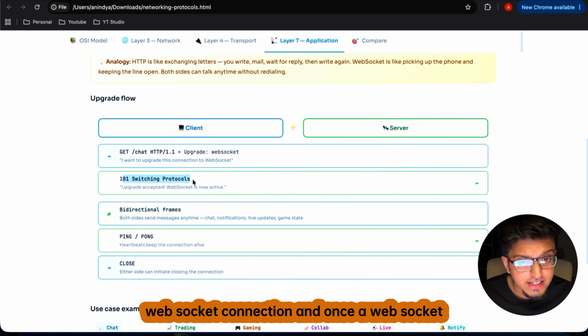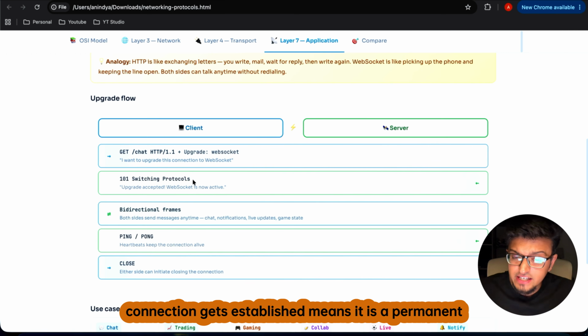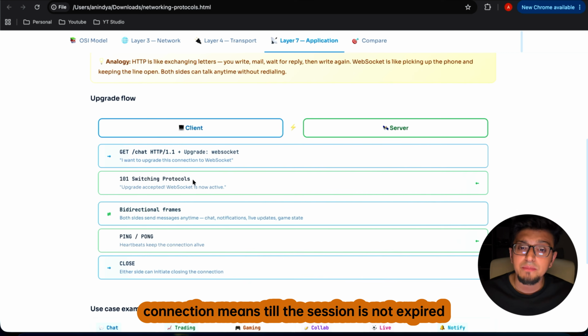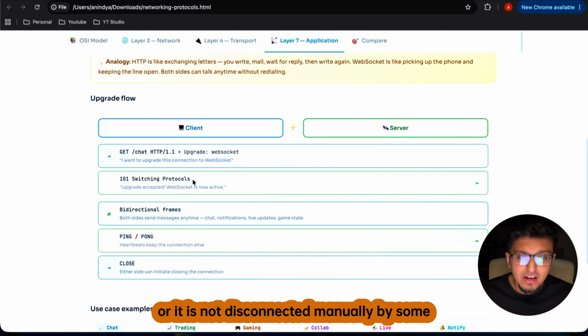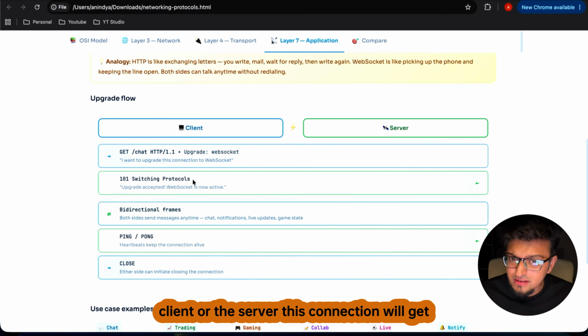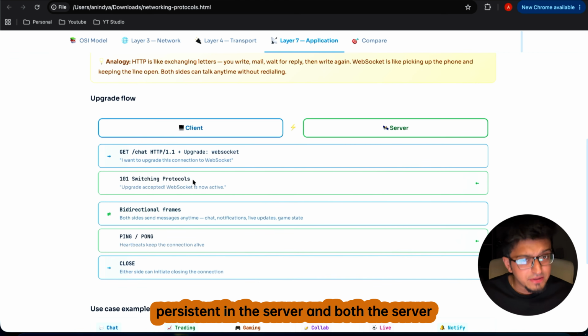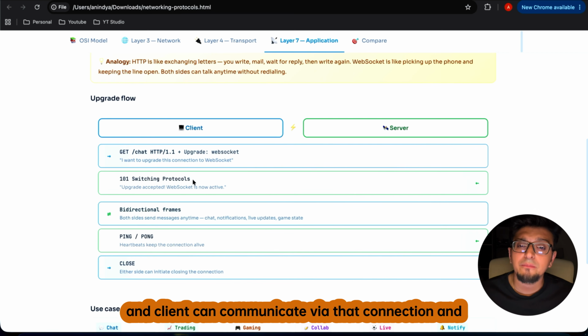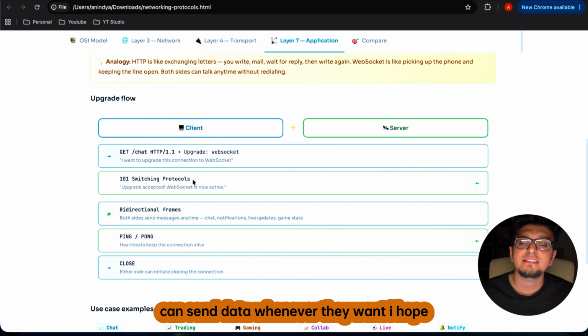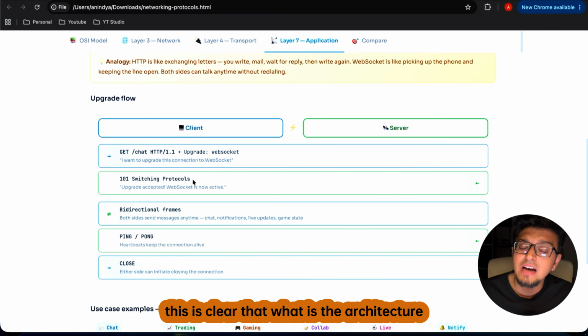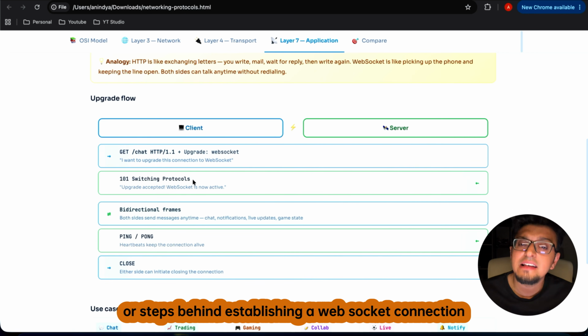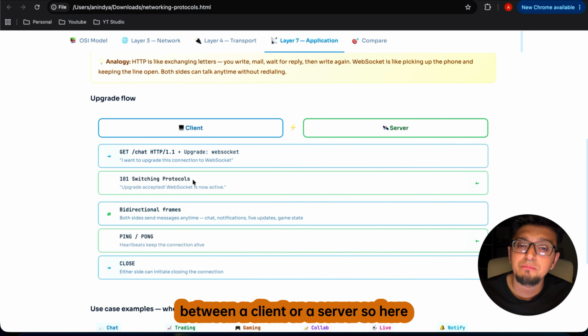into a WebSocket connection. And once a WebSocket connection gets established, it is a permanent connection, meaning as long as the session is not expired or not disconnected manually by some client or the server, this connection will stay persistent on the server, and both the server and client can communicate via that connection and can send data whenever they want. I hope this is clear, what the architecture or steps behind establishing a WebSocket connection between a client